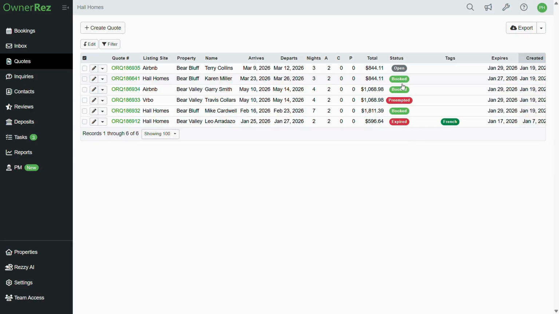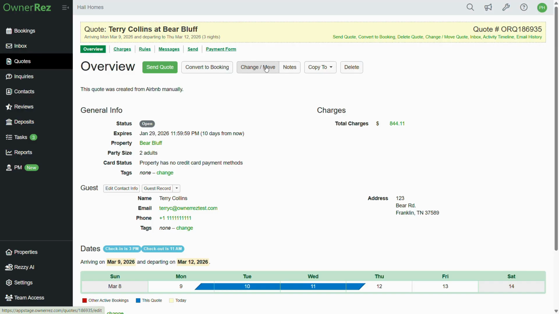There are 4 stages to a quote. There is Open, Booked, Preempted, and Expired. First, let's take a look at an open quote. When you open the quote, you will land here on the Overview page, which gives you a nice overview of